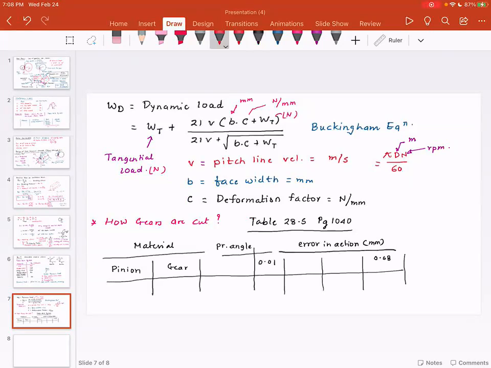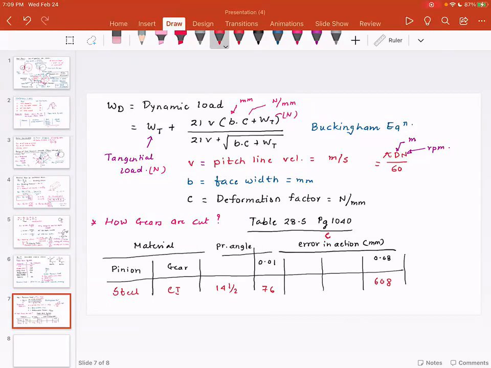If you have a steel pinion, and then you have say a cast iron gear, and you have 14.5 degrees of pressure angle, this gives you the value of C. For 0.01 error in action, it is 76, and for 0.08 error in action, it is 608. So as you can notice, the value of C, which is the deformation factor, is very much dependent